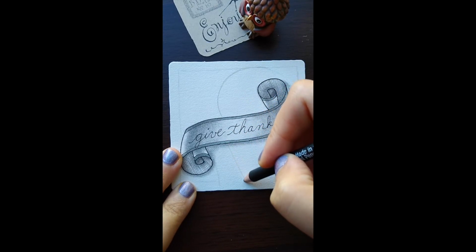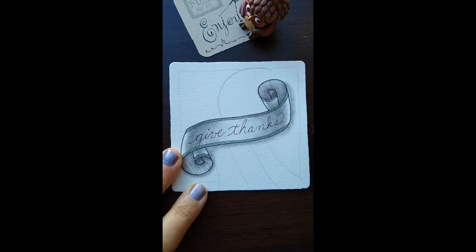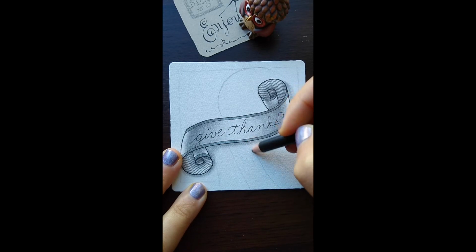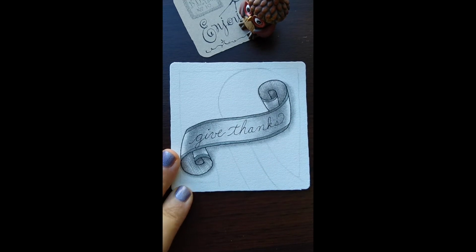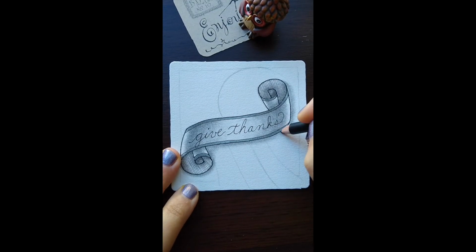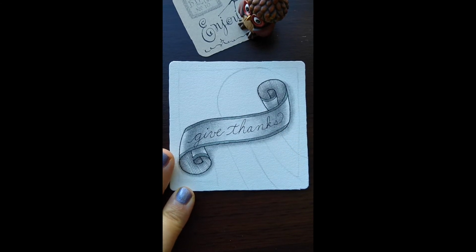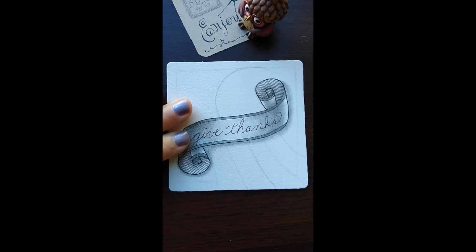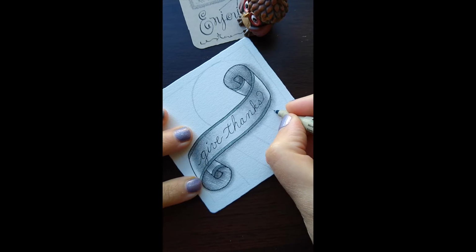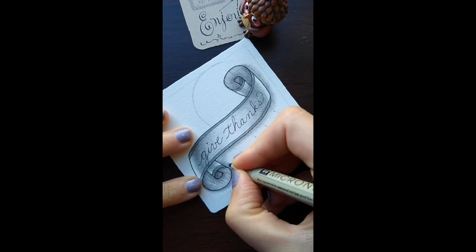So the first tangle that we're going to draw is called Me Too, MI2, and here I'm going to go ahead and draw in some lines that will help me figure out where I'm going to add the dots to help me begin this pattern. And I do begin this pattern a little bit differently than is shown in most step outs, in that I start just by putting in some dots